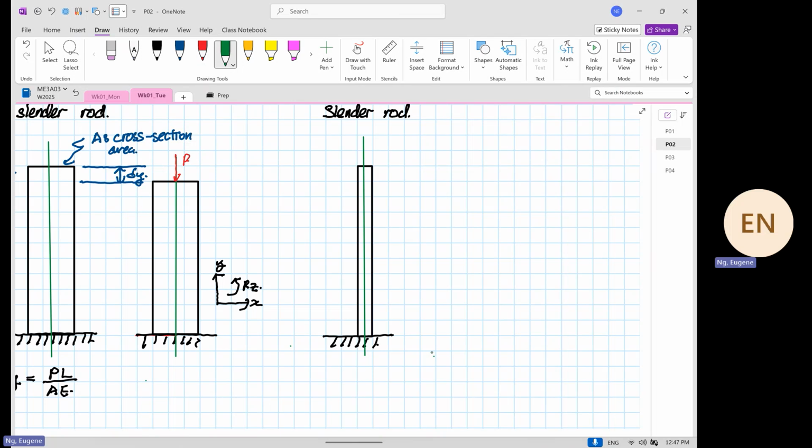You see the difference now, yes or no? One has a wider width. Slender rod is a narrow width. Upon putting the load, so now we introduce a load. What will happen now